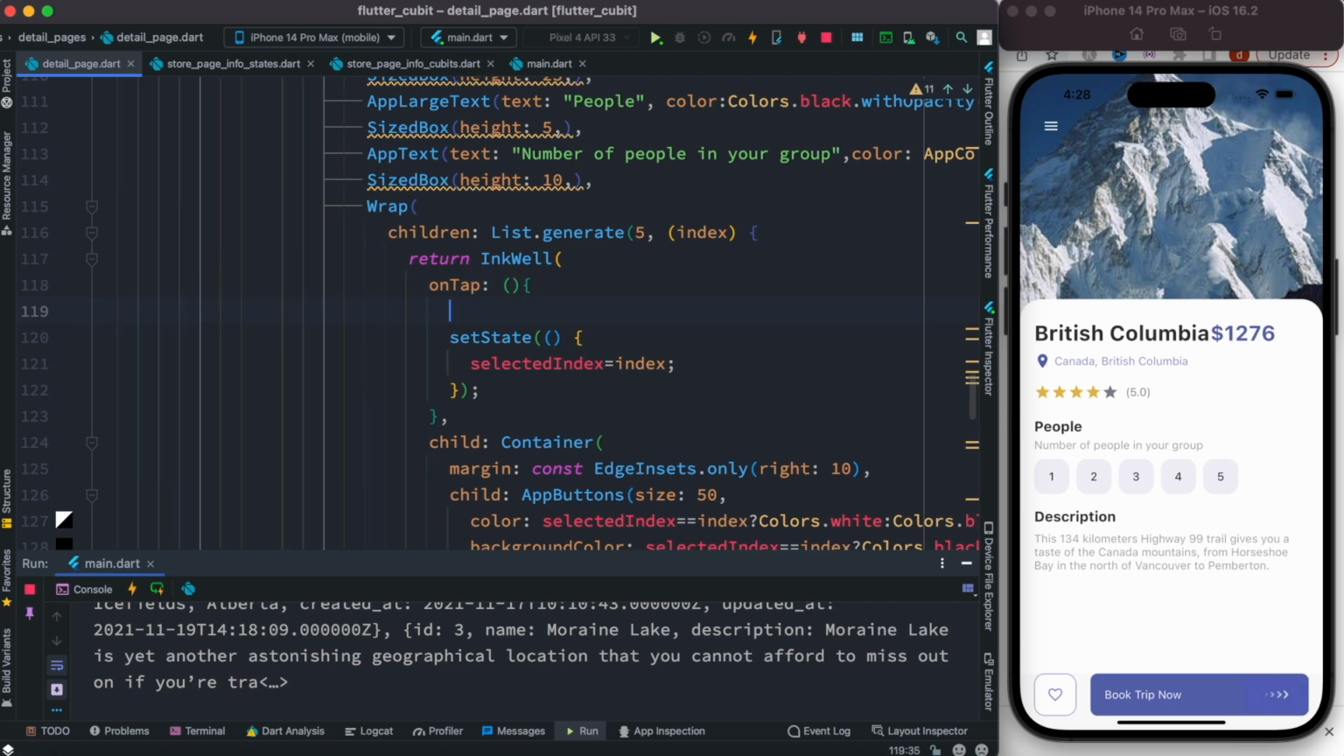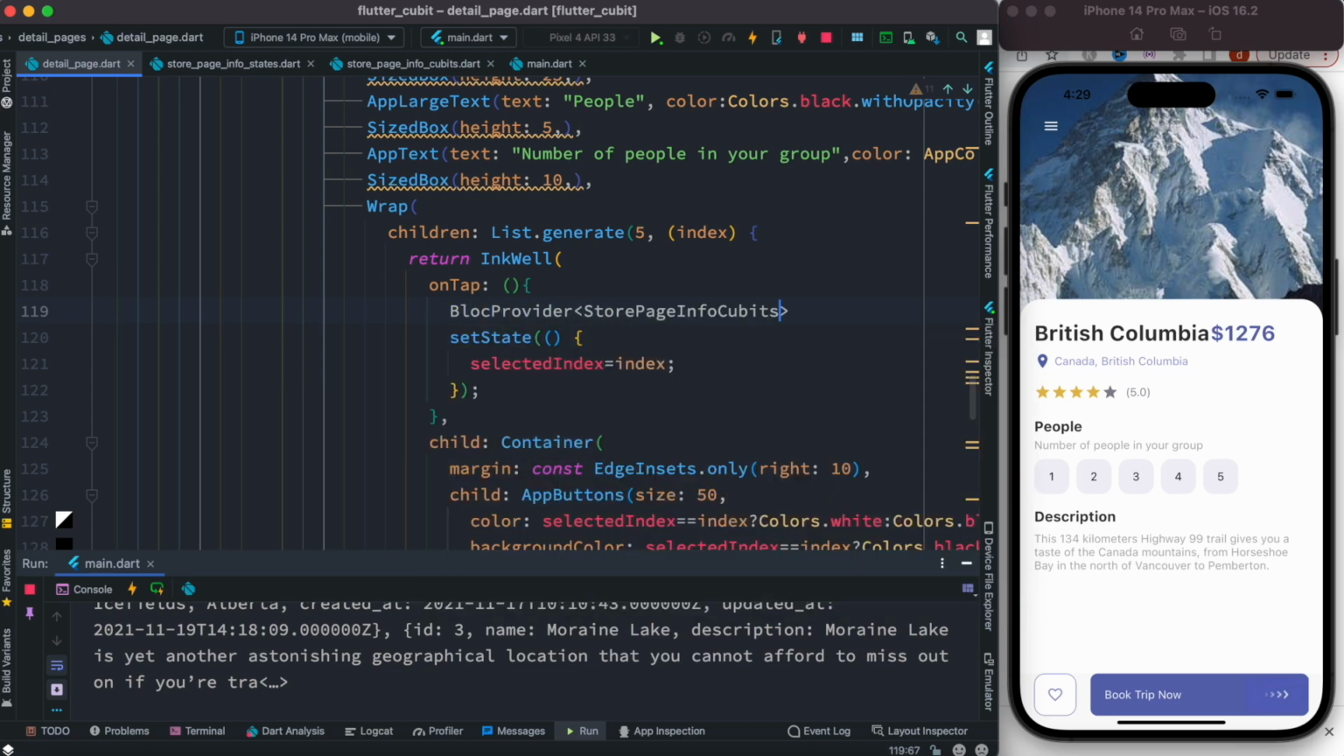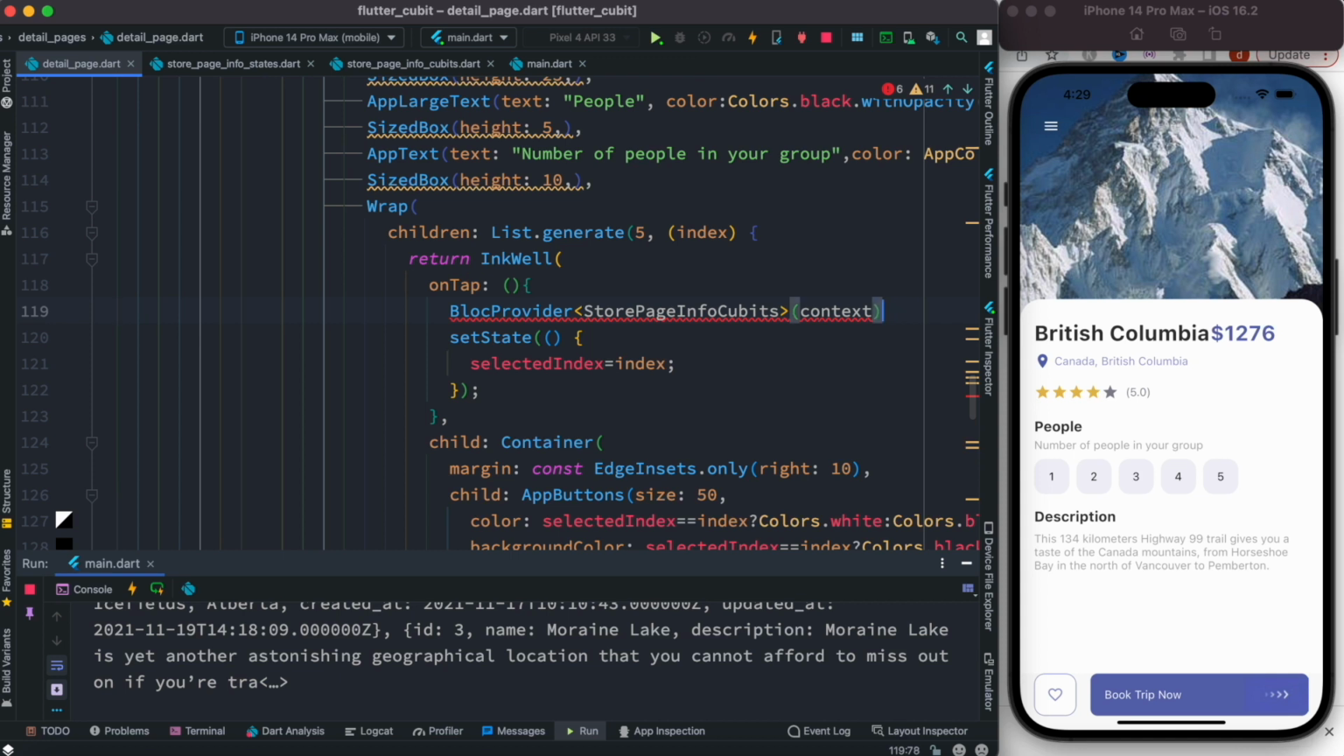So one of the first things we could do right away is look up the block and trigger an event, which will eventually emit a state. So here we could do block provider, and we're going to look up this one, and then we need to pass the context. After that, here we call add. Well, it's not available yet because there are a few things we need to do. First, import this one, and then over here we need to use off, and then now things should be available to us, which is